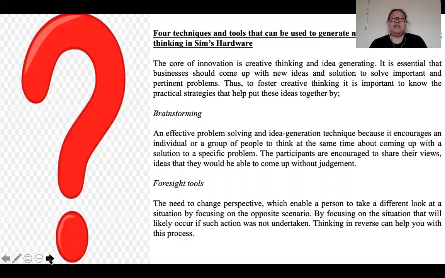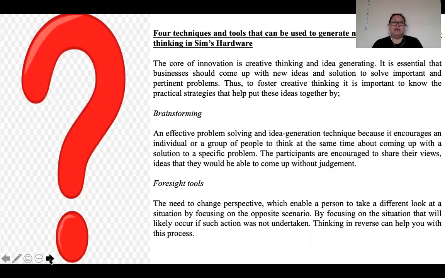The four techniques and tools that can be used to generate new ideas and innovative thinking in Sims Hardware. The core of innovation is creative thinking and idea generating. It is essential that businesses come up with new ideas and solutions to solve important and pertinent problems. Thus, to foster creative thinking, it is important to know the practical strategies that help put these ideas together by